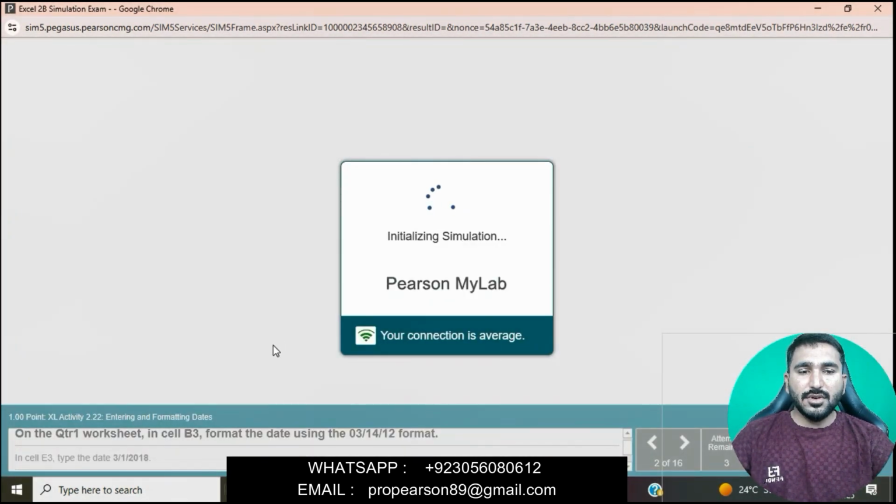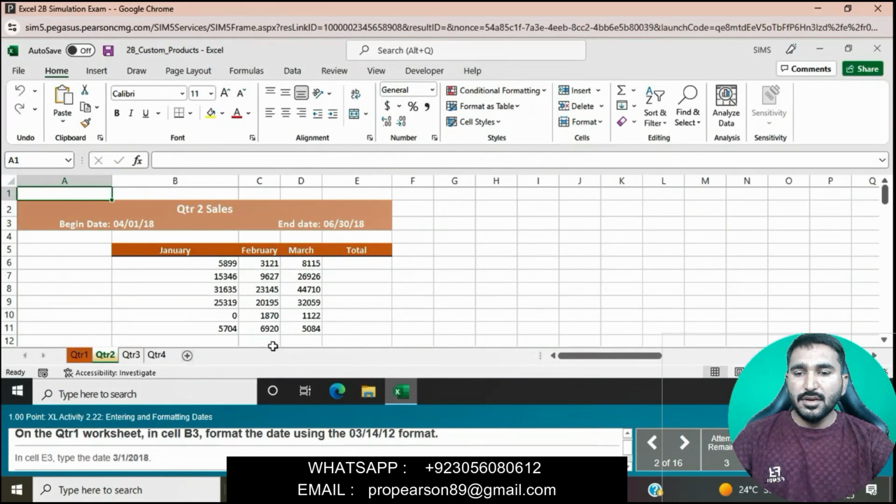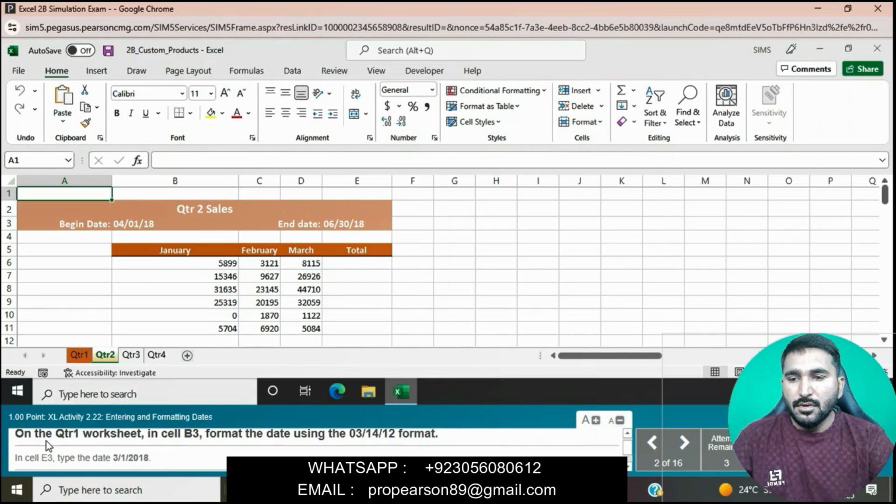Okay, now the next question is that on the QTR1 worksheet in cell B3, format the date using the 3/14/12 format.